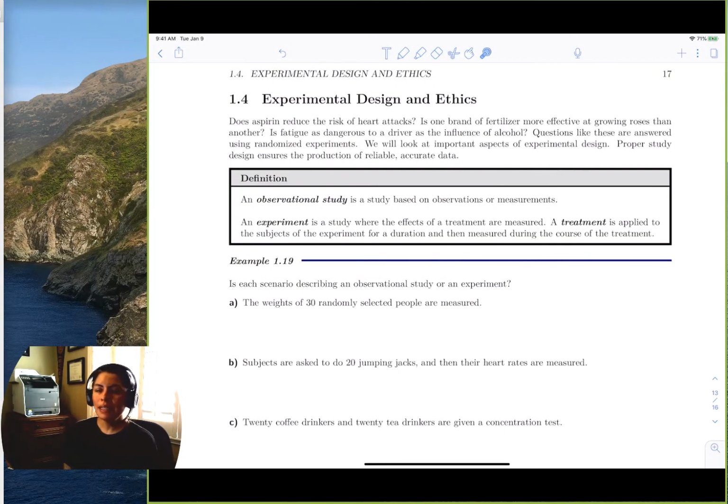Hi, in this section, we're going to discuss experimental design and ethics. Essentially, when we start to conduct research, we have to ask a question, right? We have to be able to understand the intent of our research. That could be an observational study where we just want to know the average number of times a student eats pizza in a week, right? Something really simple, to something experimental where I use a cream for acne and I want to see if it